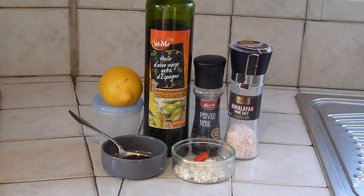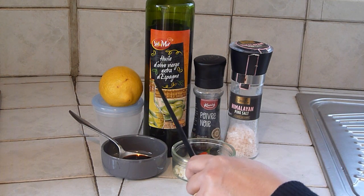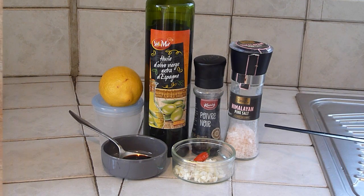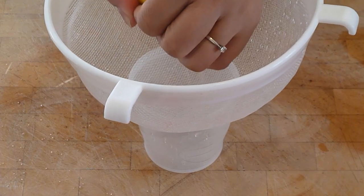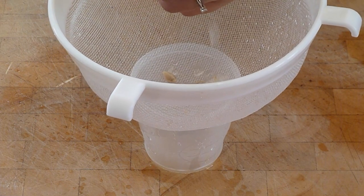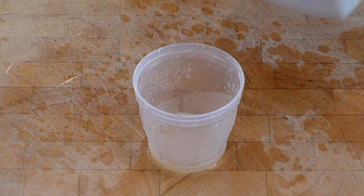Here are the ingredients for my okra salad dressing: lemon, soy sauce, olive oil, garlic, chili pepper, ground black pepper, and salt. Squeeze the lemon on top of the strainer. We don't want the seeds in it, guys, so we have to catch the seeds. And now we can add the olive oil,